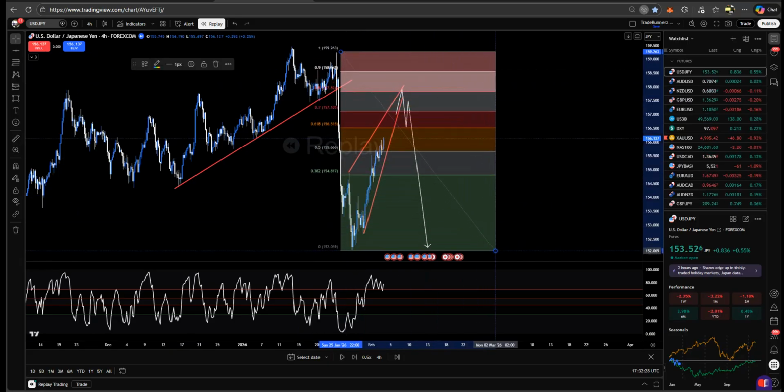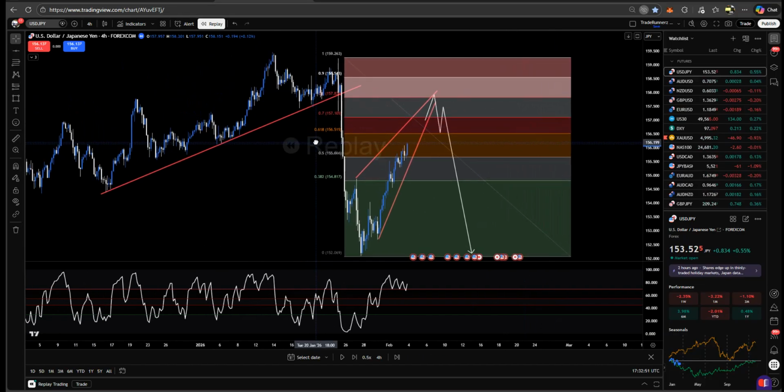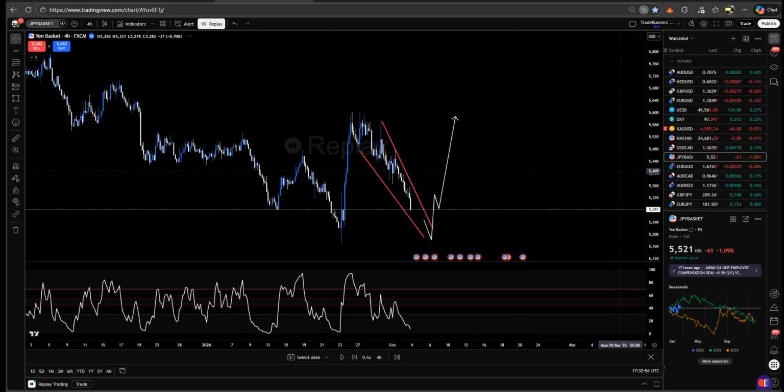I'm looking for failed momentum. Anything really past the 50%. I'm looking for failed momentum, but I'm thinking like, okay, UJ is gonna pull back real far, you know, and I'm going to the JPY basket, which is here, and I saw that it's making the same pattern, but inversely,